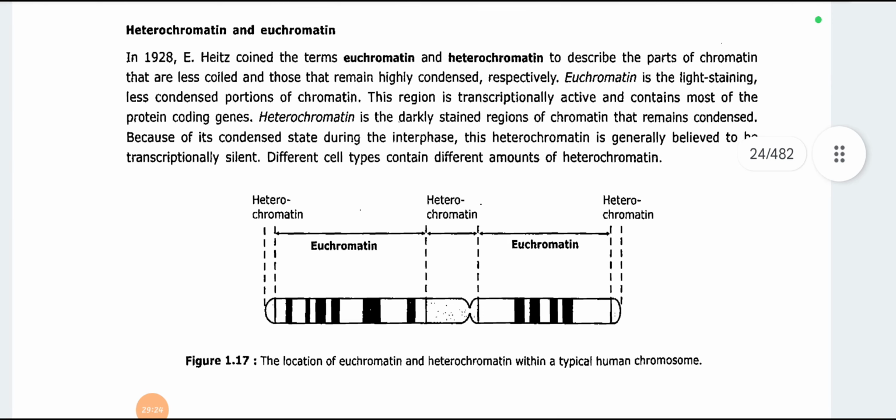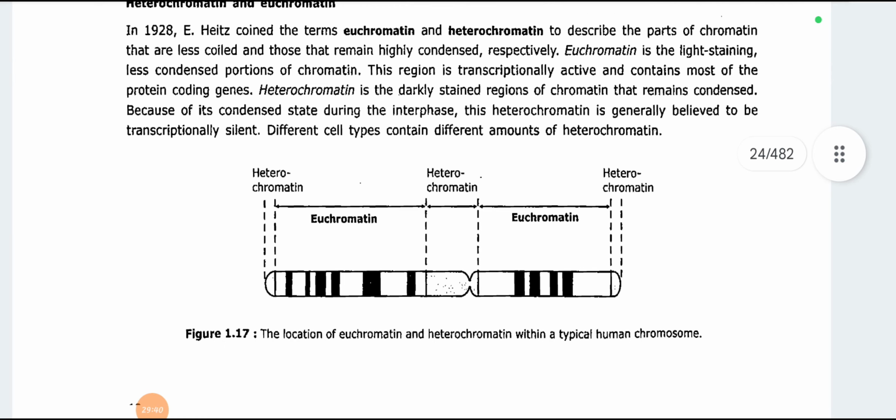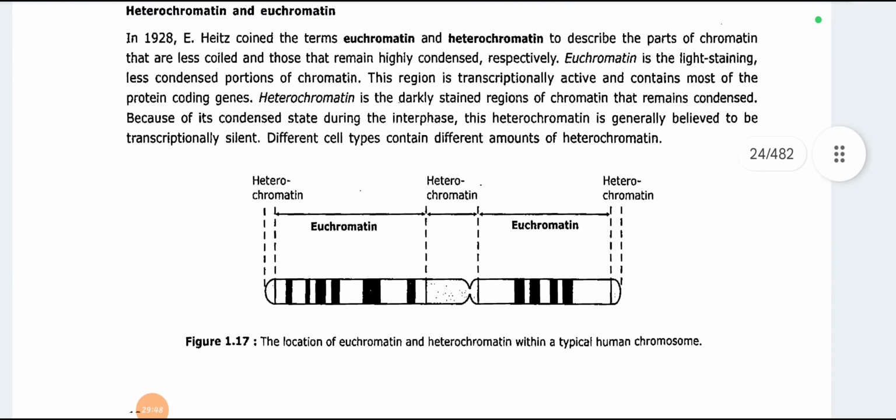Next is what are hetero- and euchromatin. You can see in this picture the location of hetero- and euchromatin is mentioned. Euchromatin is where the genes are activated, genes are loose so that they can be expressed. Heterochromatin is where genes are present in tandem clusters which are not expressed. So the scientist E. Heitz, in 1928,